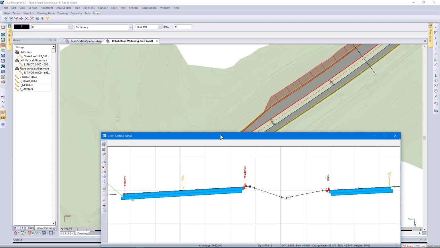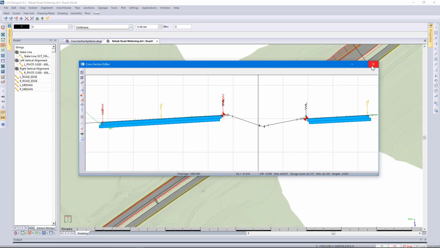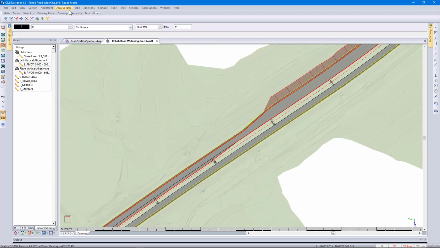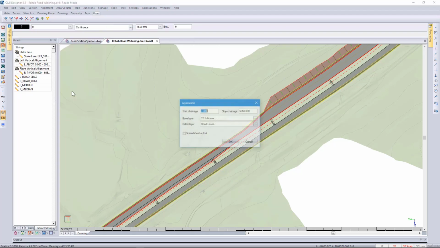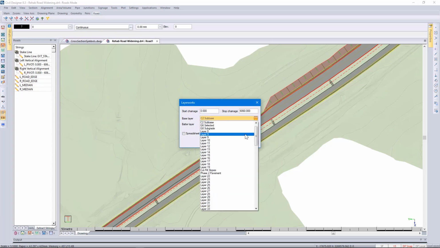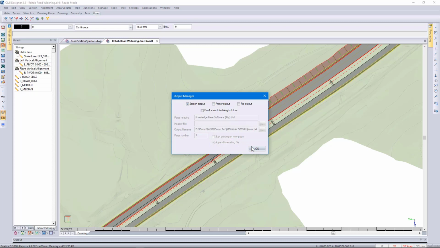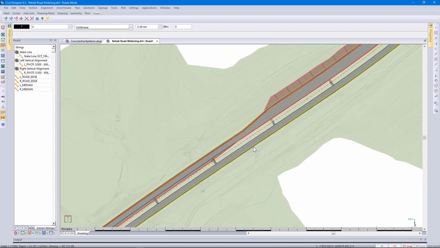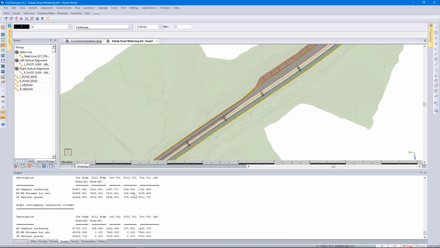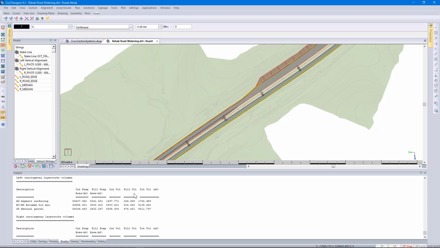Let's close this and calculate our layer work volumes. We go to Area Volume and select Layer Work Volumes. Specify which layers to use for the entire chainage range. Just to open my output window and point out the left carriageway layer work volumes. Looking at the total volume, if we were to add up the total volume, we've got close to 20,000 cubic